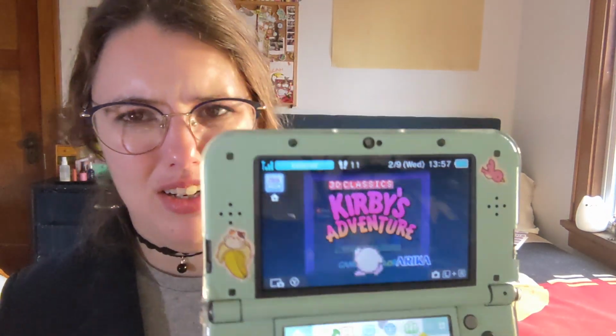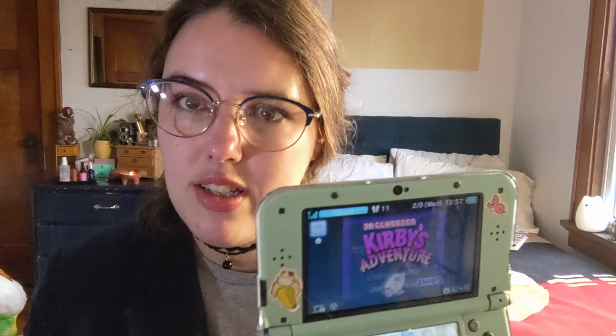oh my god, this fantastic remaster of Kirby's Adventure. Nintendo Life did a series that really turned me on to this 3D Classics line, and it is fantastic. They're all built from the ground up to be really compatible with 3D, which again, I really like. I think it's really cool with pixel art in general. It gives it almost an HD pixel look, that HD 2D, which I think is so rad,